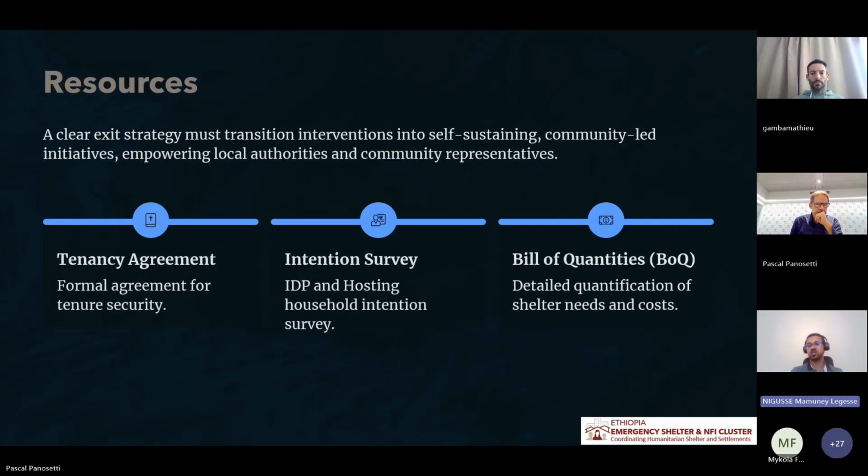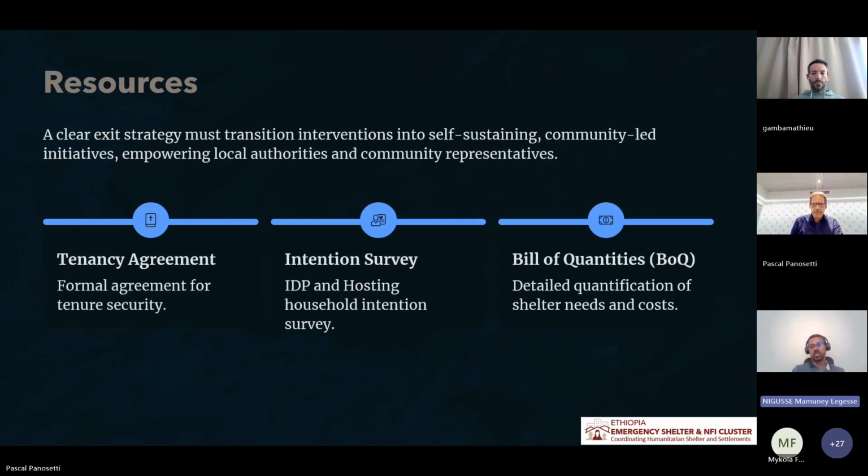When the 18 months is over, we want to have a mechanism where the hosted IDPs can transition towards a sustainable measure. And we intend to also institutionalize the model by providing capacity building to the local actors, especially the local authorities, municipalities, and partners involved in any of the